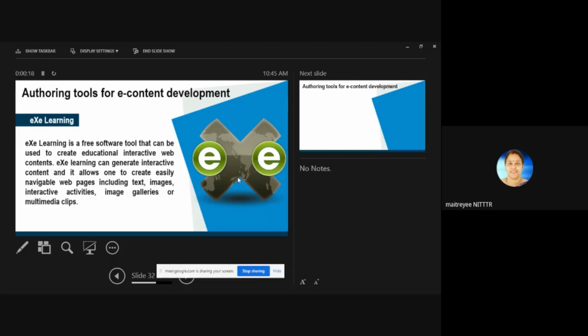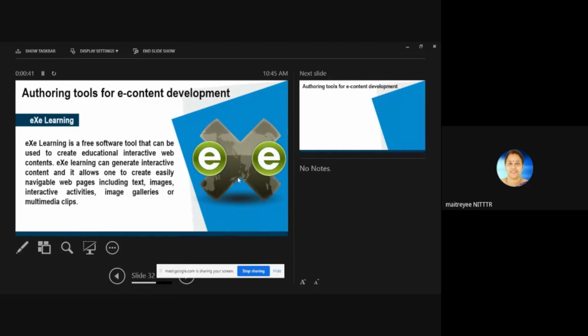What do we mean by authoring tools? An authoring tool is one which can integrate all this text material, animated material, video, images, everything. So this is one software in one place where you can integrate all these materials, all this media, right?